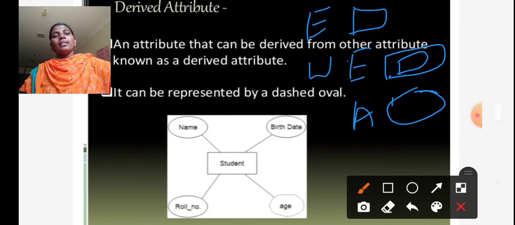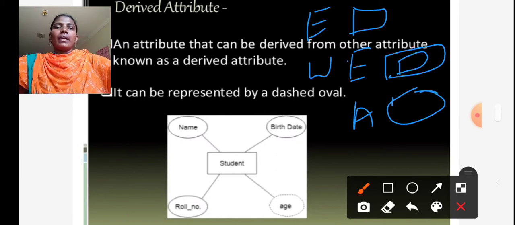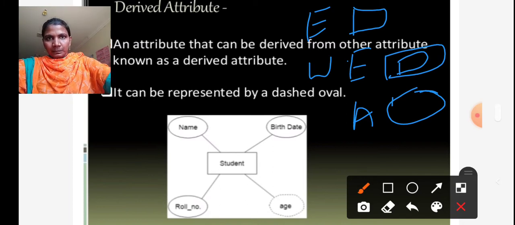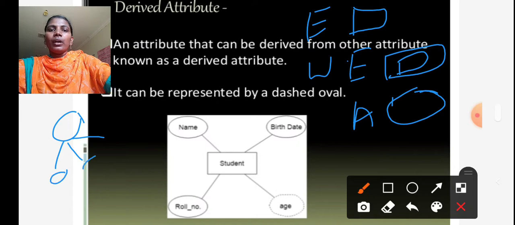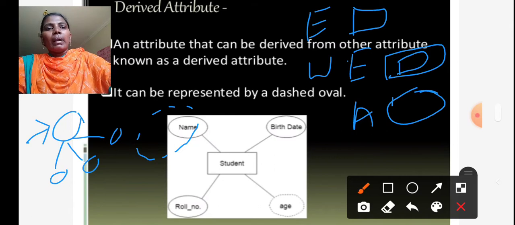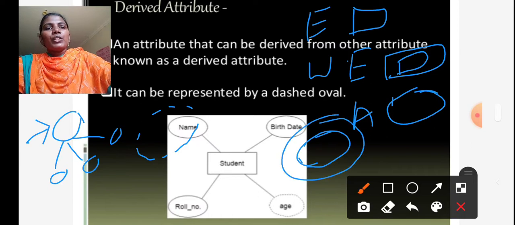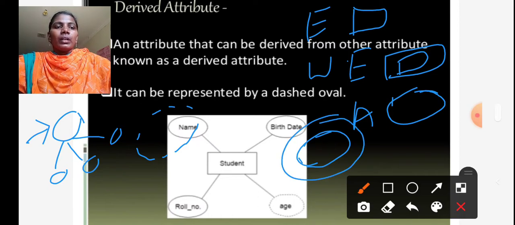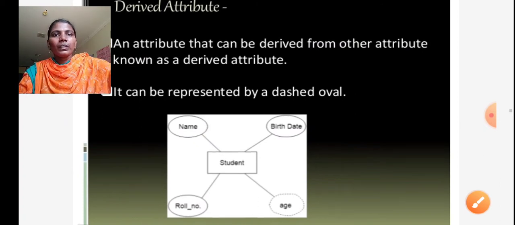And among attributes there are a number of types, that is multi-valued attribute, derived attribute, which is represented with the dotted oval shape, and composite attribute, where one attribute is divided into a number of attributes. Multi-valued attribute is represented with the double oval shape symbol.